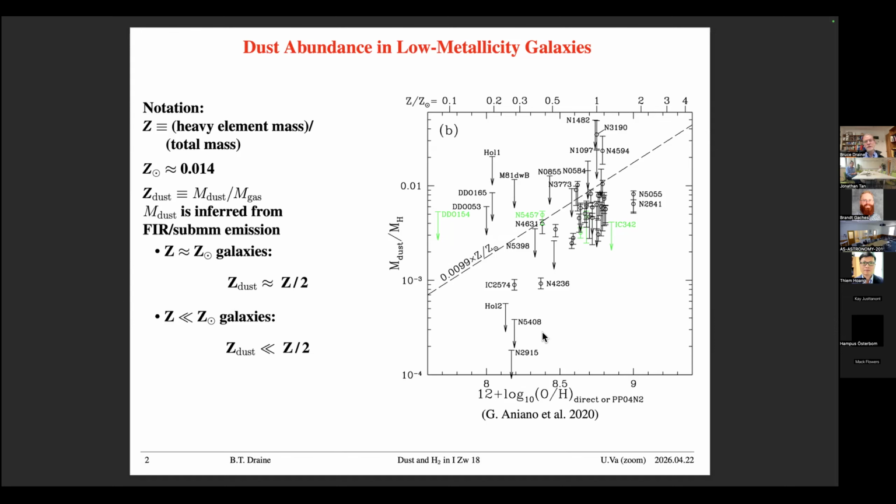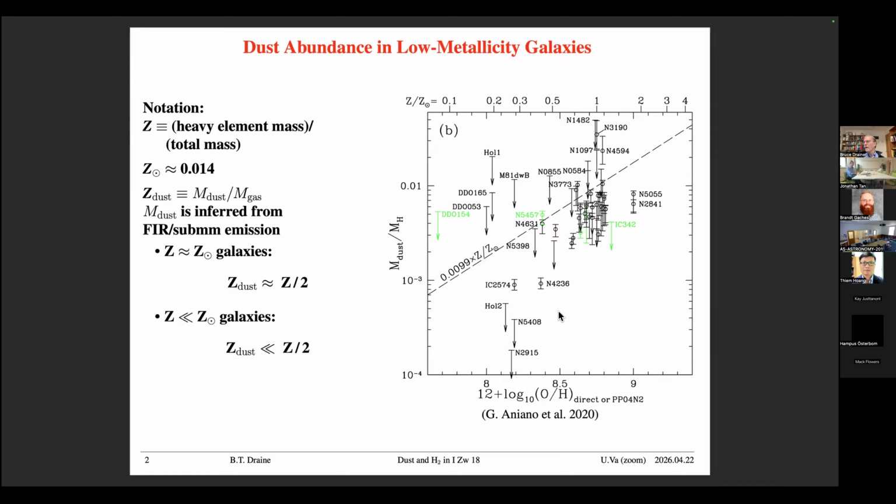And warm enough means, in this era where we have sub-millimeter and far infrared sensitivity, basically all the dust is warm enough to be detected by an instrument such as the Herschel Space Telescope and other space observatories. So we've done that for a number of galaxies where the signal to noise is high enough to do a good measurement of the dust mass, and where we have information on the gas mass from 21 centimeter or carbon monoxide observations. And then here's a plot from a 2020 paper summarizing the data from the